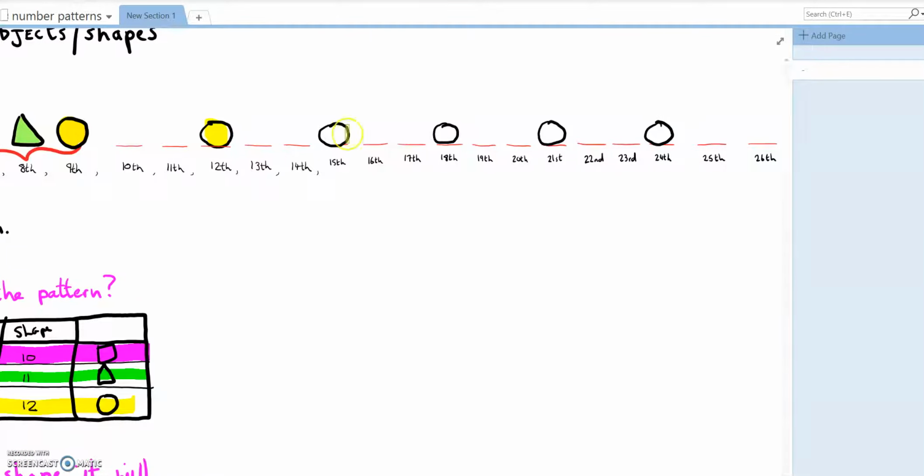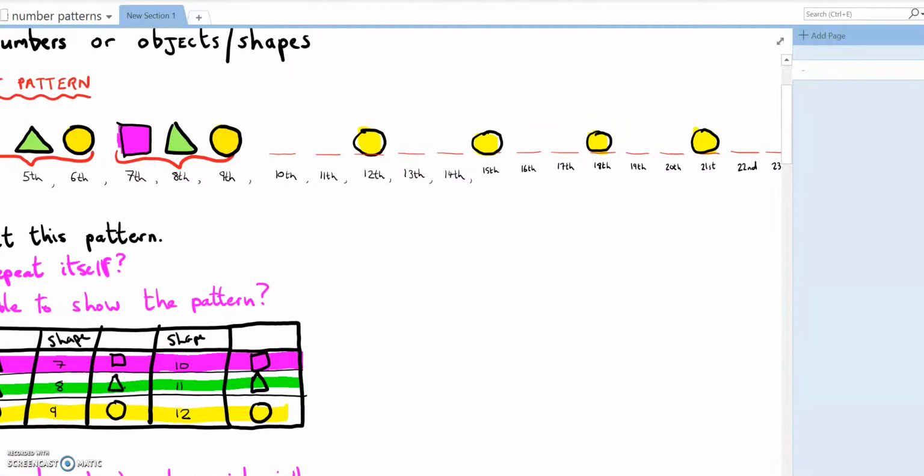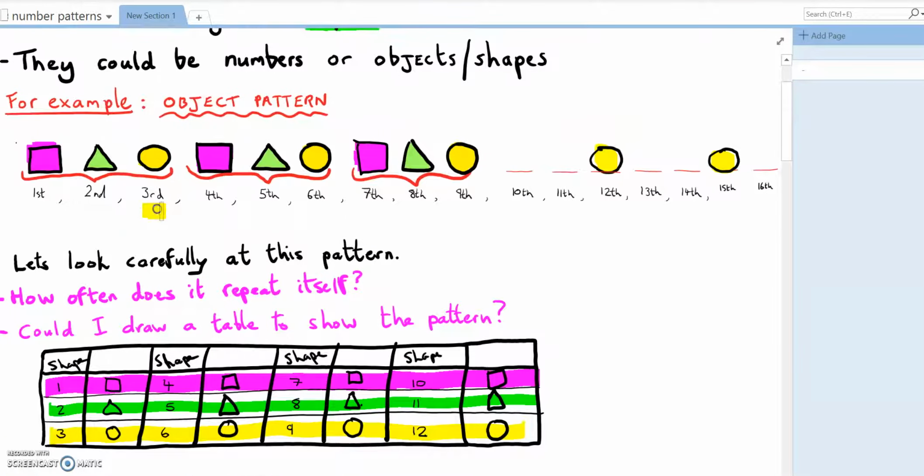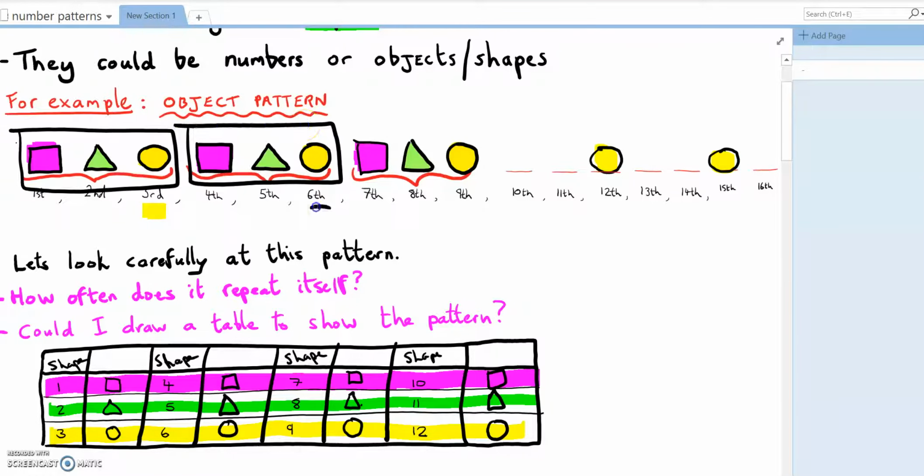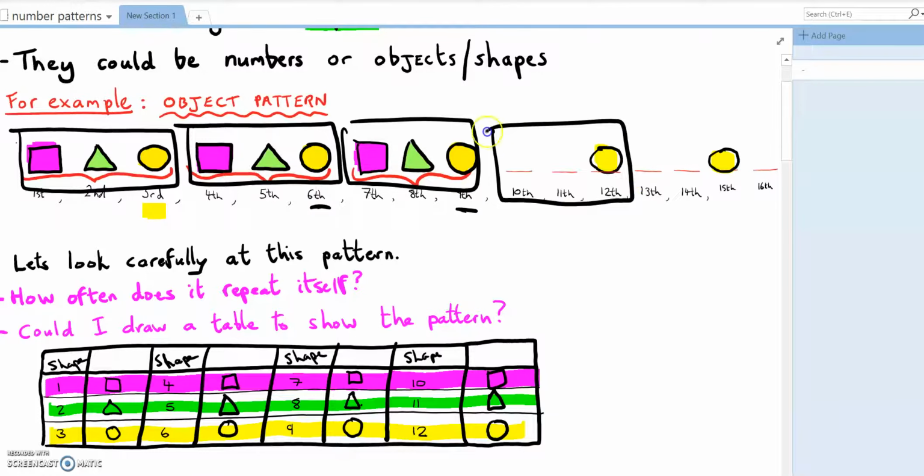I know that they're all circles, yellow circles, because I know that the third shape, the last shape in my pattern, is a yellow circle. So it repeats itself, remember, every 3 shapes. So the 3rd, the 6th, the 9th, the 12th,